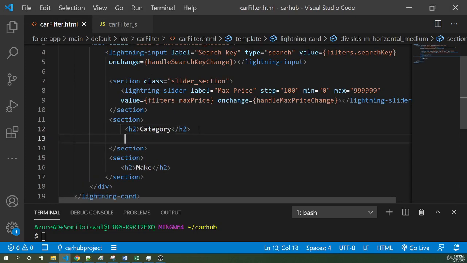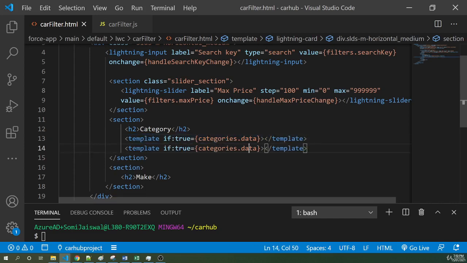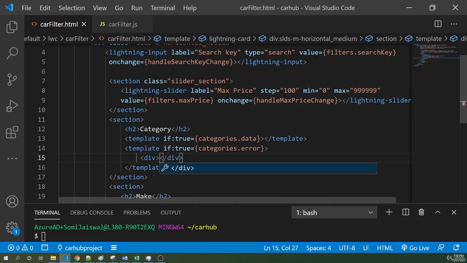So below the h2, I'll create a condition first with the if true directive. I'll say whatever inside this template will show on the DOM only if the categories property has the data, then only it will load. And if it's not there, which means if it has categories dot error, which means it's not able to bring, then under this template we'll show a message in the div, we'll say error loading categories,